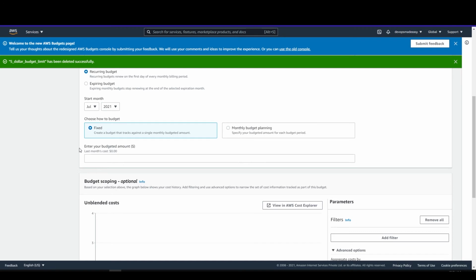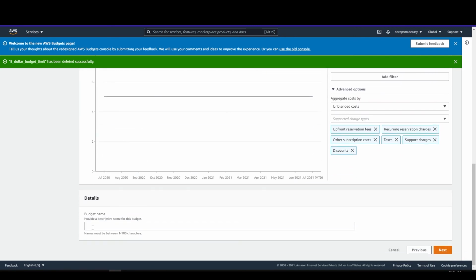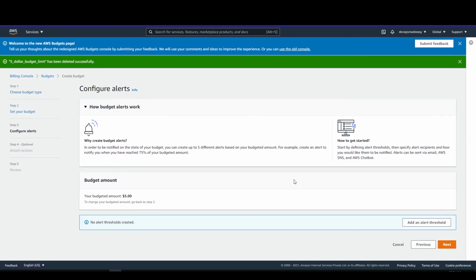Now for the budgeted amount, I'll put $5 because I don't want to incur so many expenses. Then I'll give it a name, something like demo budget, and click on next. Now my budget is created, but no alerts have been configured.